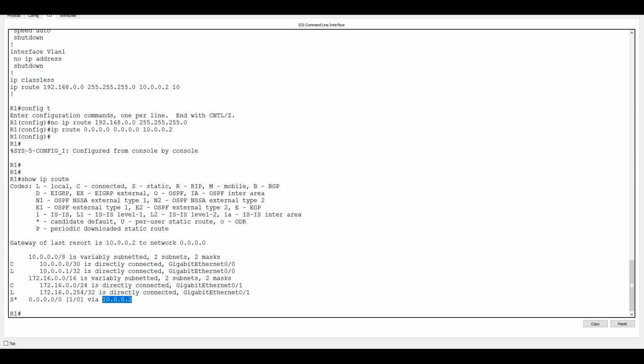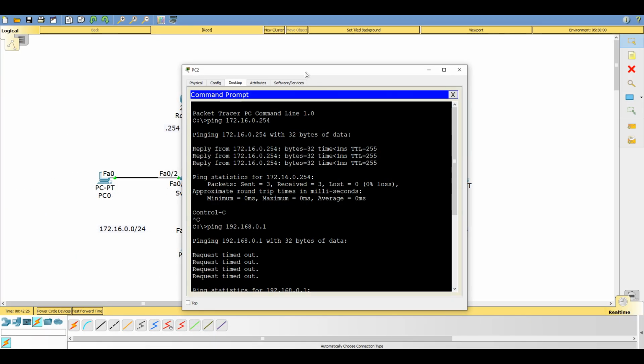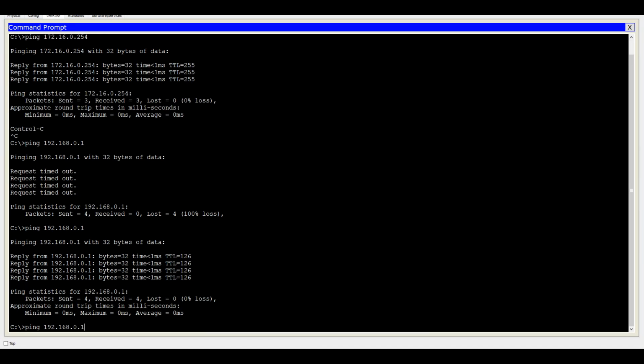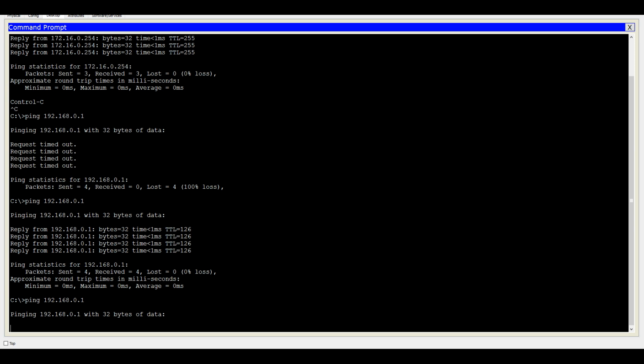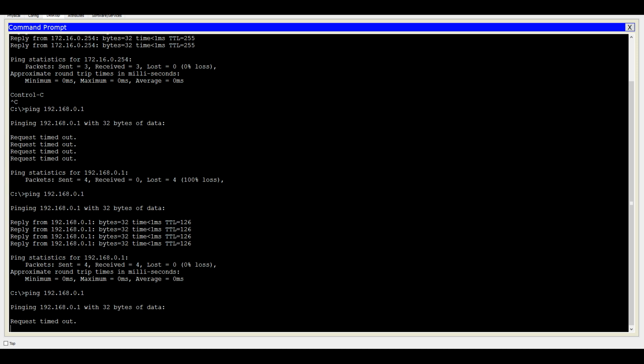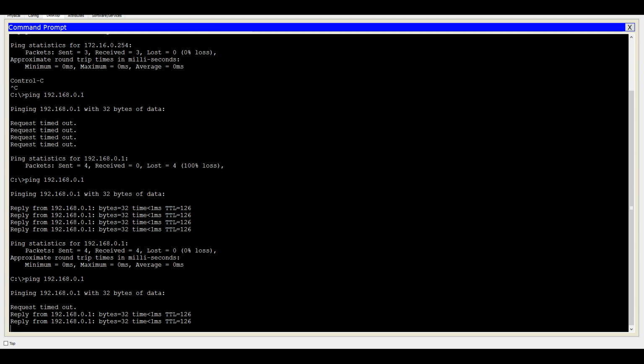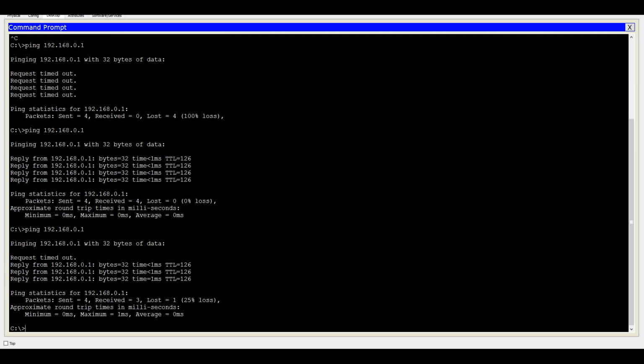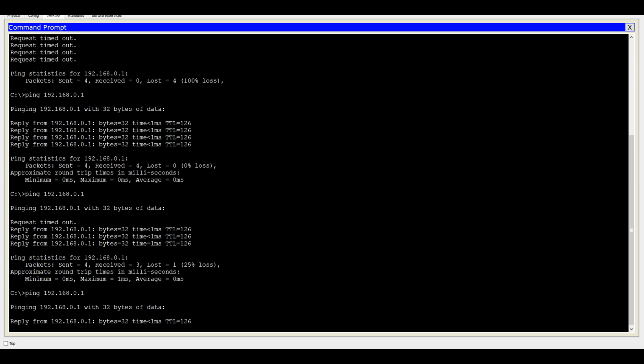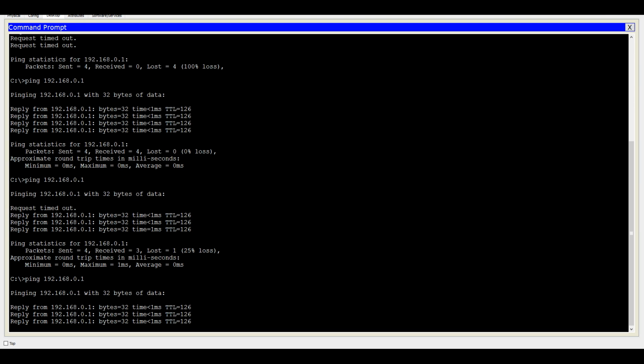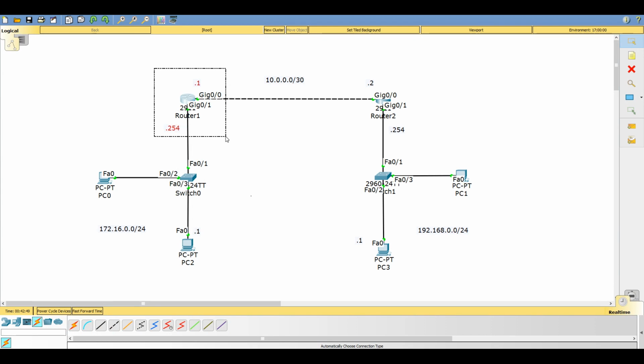If we go back to PC2 and check reachability, you'll notice that it will still work. It took a while here because the ARP cache most likely timed out, or the switch's MAC address table, but we can see that reachability is still working end to end, and the reason for that working end to end is because router 1